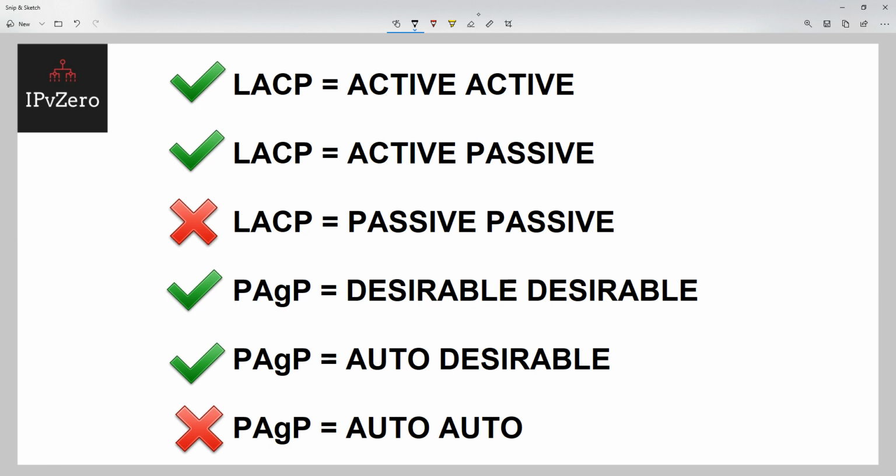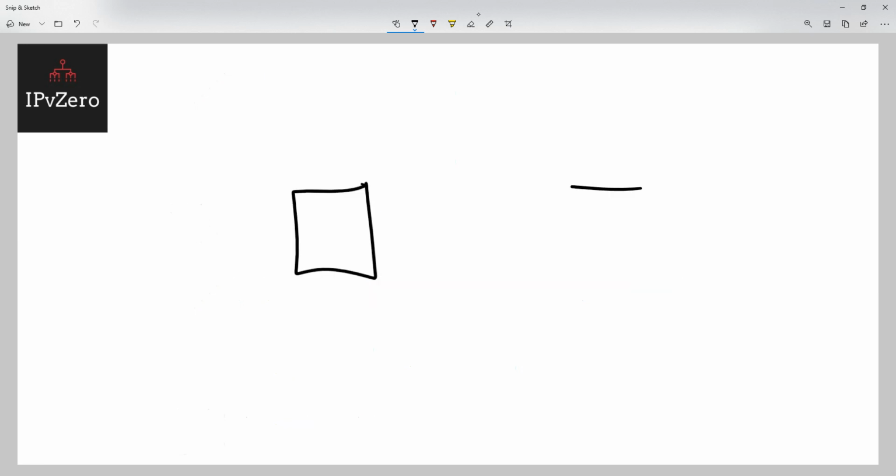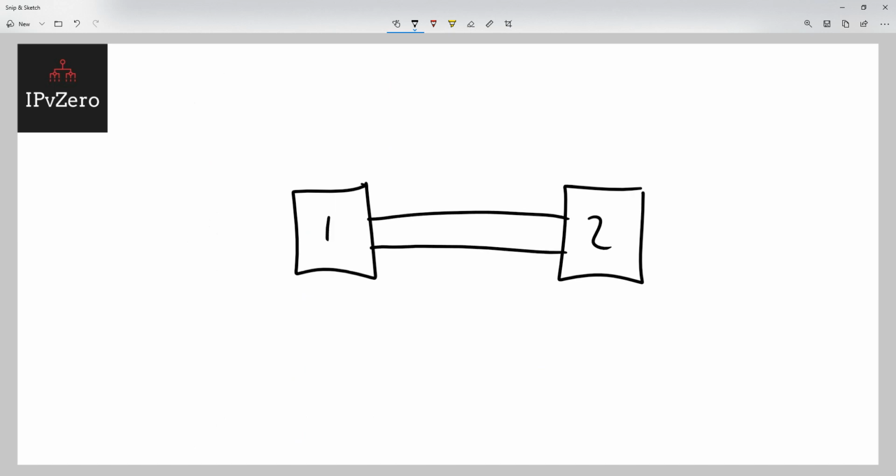And similarly, the last analogy I want to draw: switch 1 and switch 2, and let's say switch 1 is configured for desirable. Okay, so that's a PagP setting. And switch 2 is configured for active. That is an LACP setting. Okay, despite the fact that both are quite keen to have a negotiation, they're effectively talking